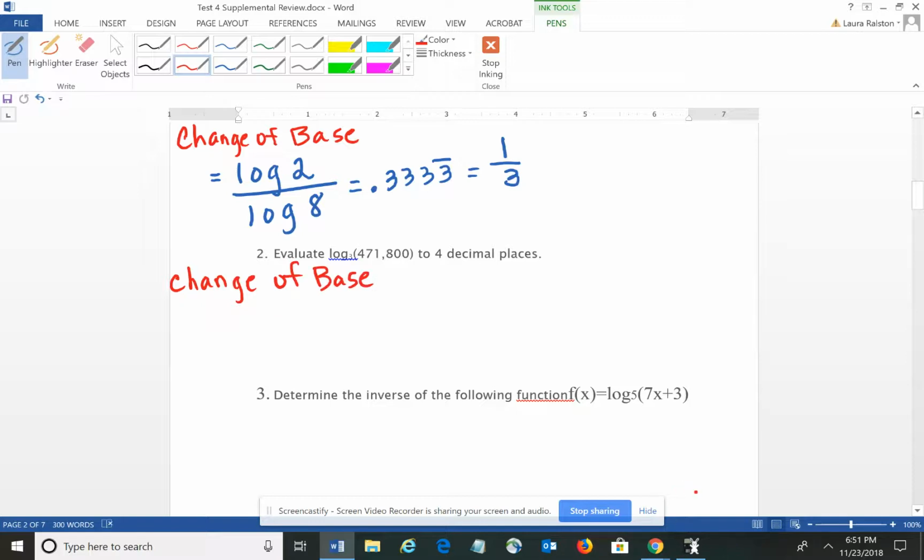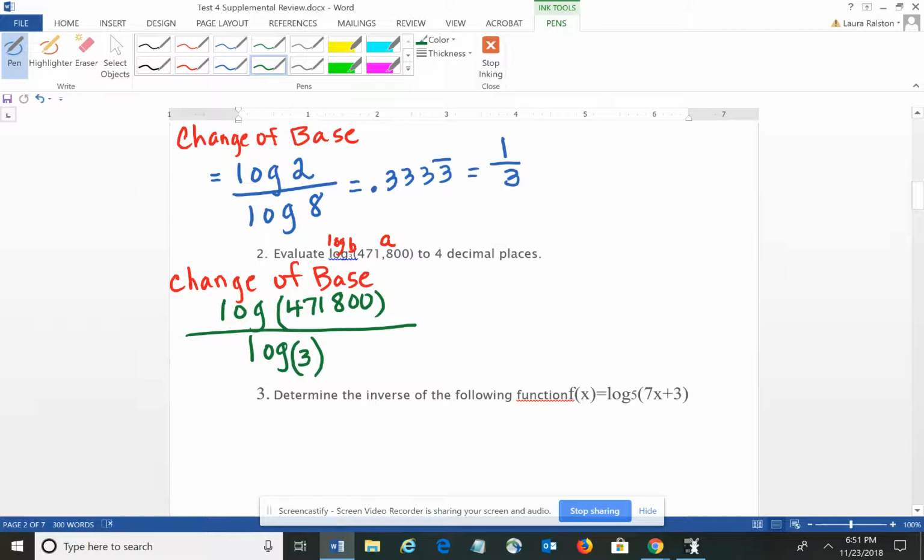So again, in this format, I would have log base b of a. So b is 3 and a is the 471,800. So I plug that into the formula and I would have log of 471,800. You're going to have parentheses around that in the calculator, divided by log